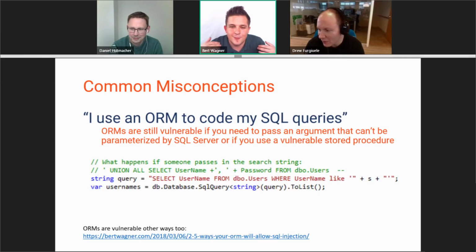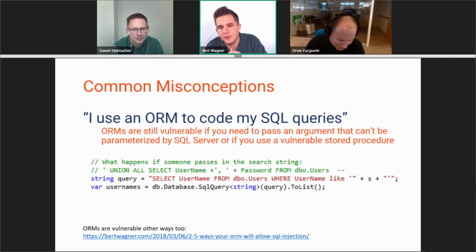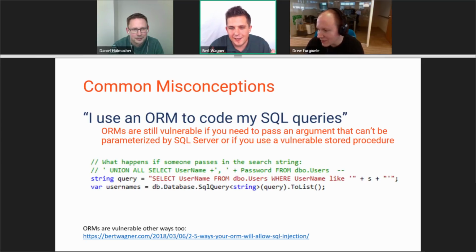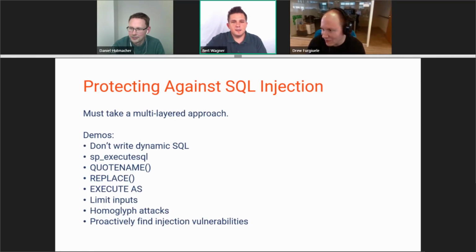Most ORMs are going to offer some kind of method that just allows you to execute a query string that you type in manually in your application. That's not the only way that an ORM is injectable, but it is one way. So to blindly say I don't need to think about it because I'm using an ORM, that does not fly. So with that said, we're going to do demos for the rest of the session here